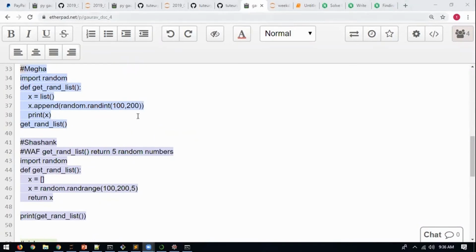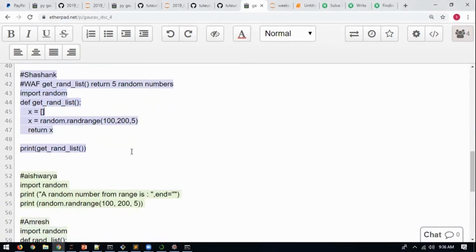Okay. Who's there next? Shashank. So Shashank, does your code work? It works, but does it give you the correct result? No. Did you understand by now how to fix it? Okay, you fixed it.